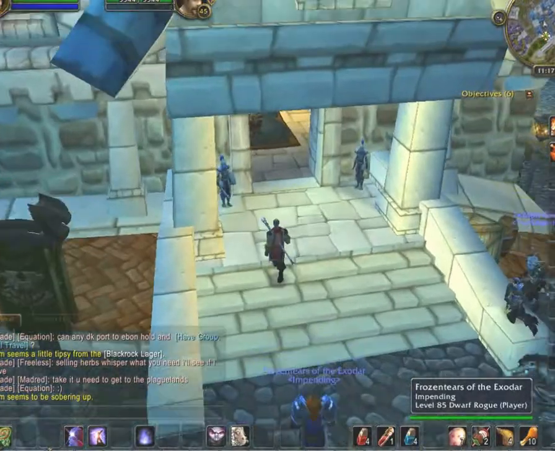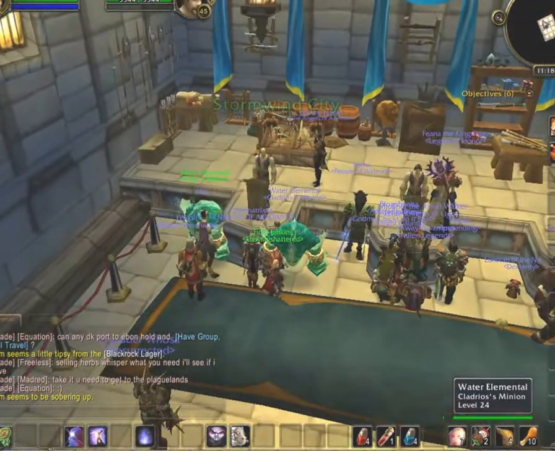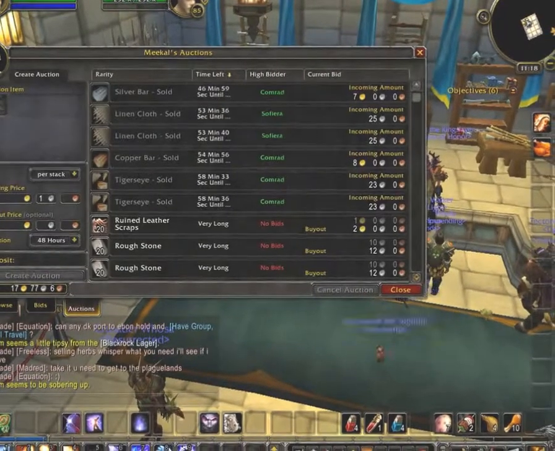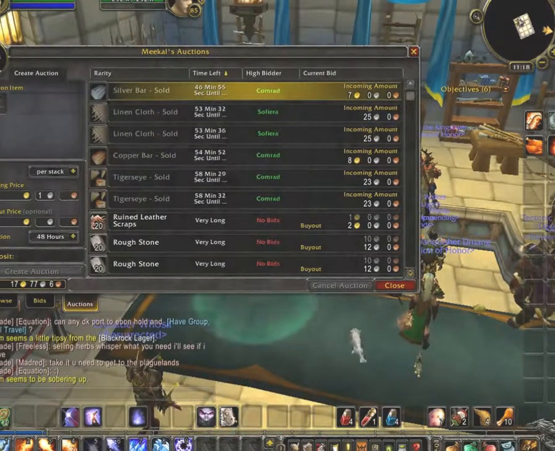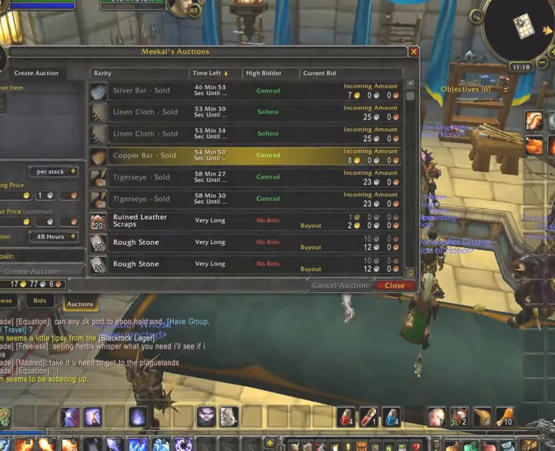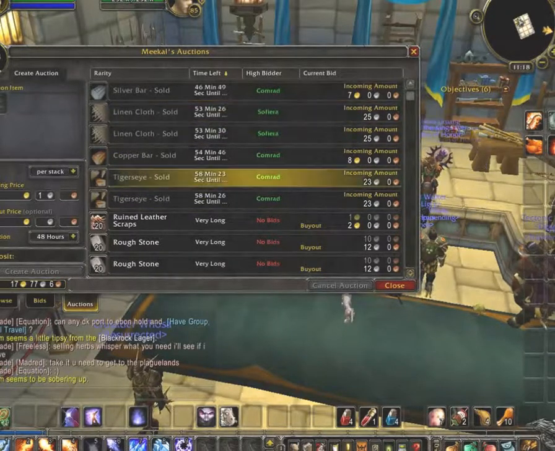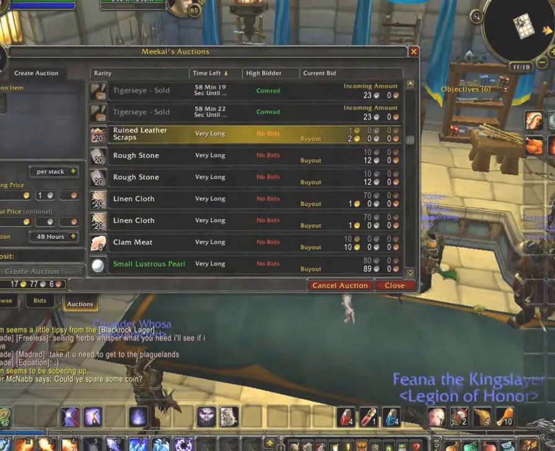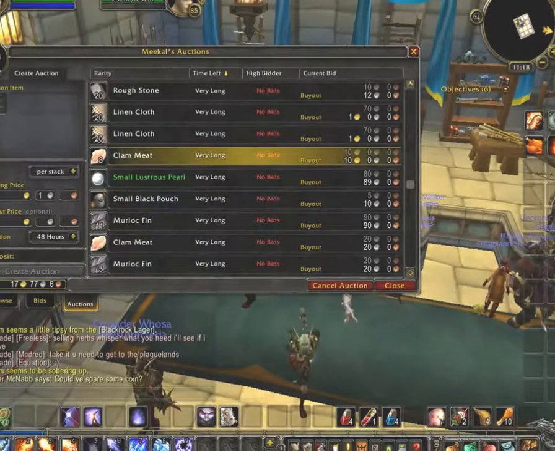Ever since my last video, I did put up a few more auctions that I didn't show, but I'm going to show now. There are quite a few auctions, and actually a lot have just sold. I have some silver, linen, my copper, and tiger's eye, all that have sold, and I have some auctions that still haven't though. This, which is from yesterday, leather scraps, some rough stone, I have some more linen cloth, clam